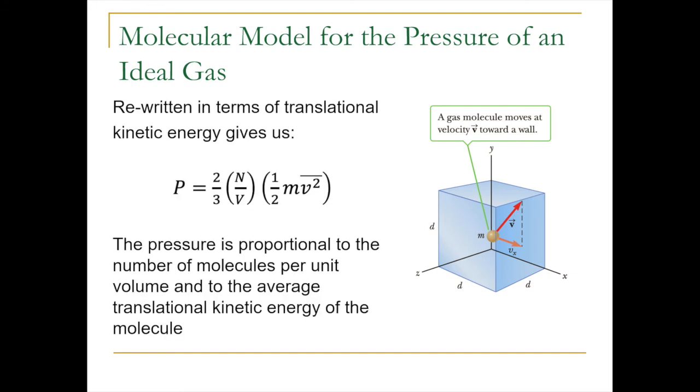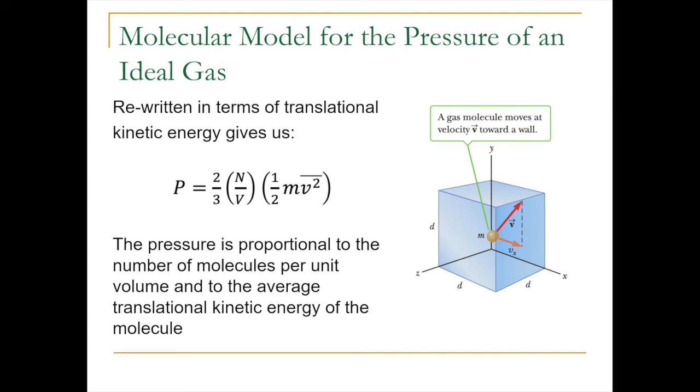So now we have this equation for pressure in terms of these quantities, but we want to make it specifically about the average kinetic energy of the molecules. We know that we have an mv squared component, but what we need is that 1/2. So what we do is a bit of a mathematical trick. We multiply the top and bottom on the right-hand side by 2. And what we can do then is rearrange this equation so that we end up with 2/3 N over V times 1/2 m